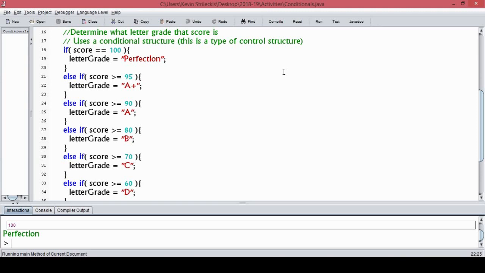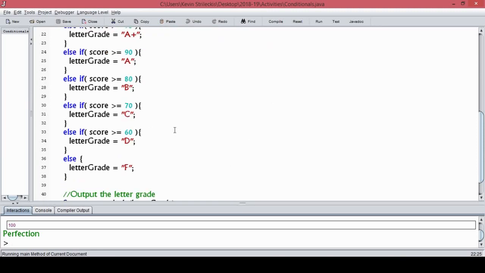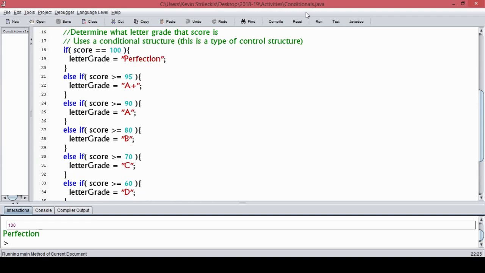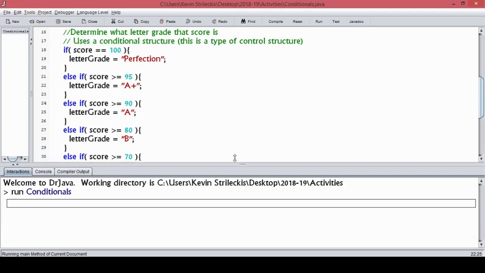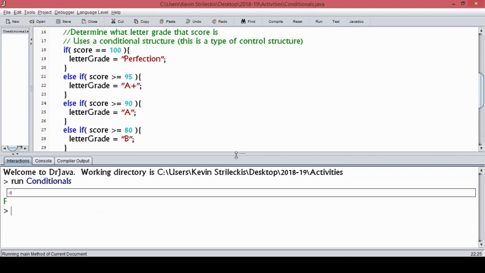Alright, now here's where I want to make some changes. You see, I have this big, long train of conditional statements, but there is some stuff that I don't really like here. Usually, you don't get grades like a -6. I gave a -6 to a student, but that was because they didn't put their name on it, and it was a reminder to them to put their name on it,